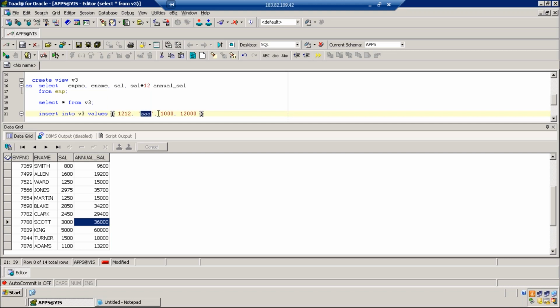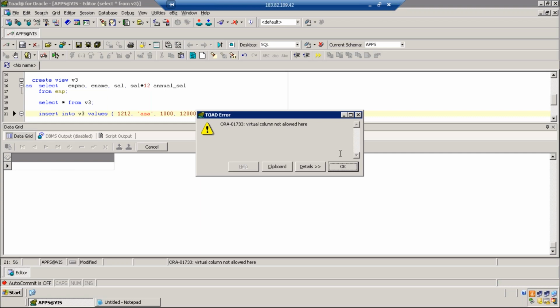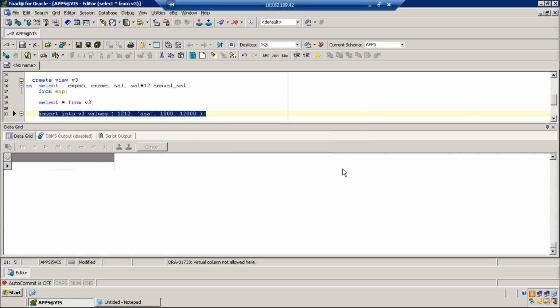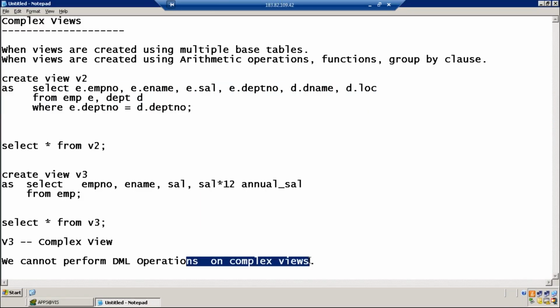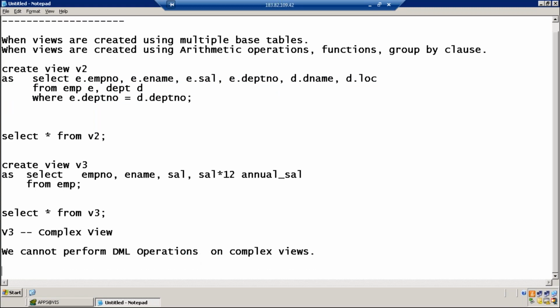This value will be stored in employee name of the base table. 1000 will be stored in the salary of the base table. 12,000, is there any mapping column in the base table? No, there is no mapping. So this kind of insert command will give you an error. A virtual column cannot be created. So we cannot perform DML operations on a complex view. We can perform DML operations only on simple views.